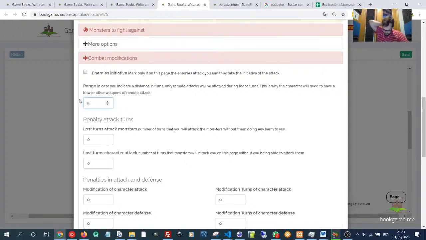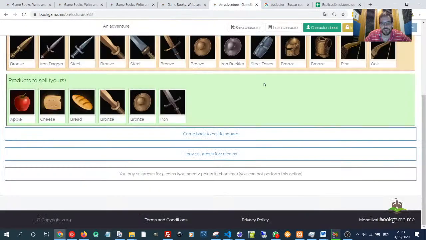Also, this range, this distance, depends on the range of the bow, because there are bows that only allow you to attack in 2 turns of distance because they are small bows, but you can also have big bows, very large bows that allow you to attack at a long distance, okay? And for this reason, if you define a 5 here, but your character, in this case, for example,